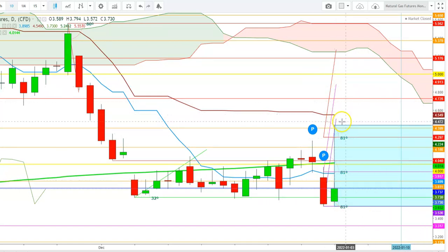Technically, the natural gas futures could find a decisive move. For that, they will have to take a gap up, equal to this gap down. If the natural gas futures start the upcoming week with an equal gap up opening, what we have seen during this gap down, on the first trading session of the upcoming week, we'll see a breakout move well above the 200 days moving average, because a breakout well above the 200 days moving average could